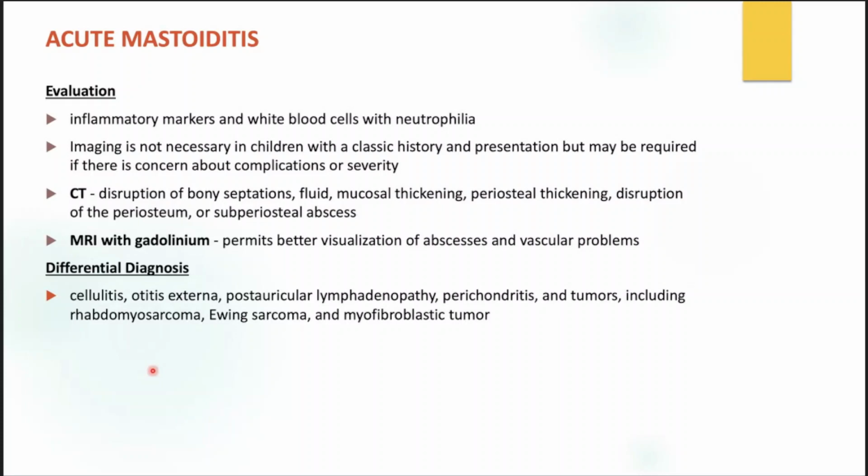For CT scan, you can see a disruption of the bony septations, fluid, mucosal thickening, periosteal thickening, disruption of the periosteum, and some subperiosteal abscess. While for MRI with gadolinium, it would permit better visualization of the abscess and the vascular problems involved in the complication of acute mastoiditis. So here are a few of the differential diagnoses that you would have to consider as well in patients with